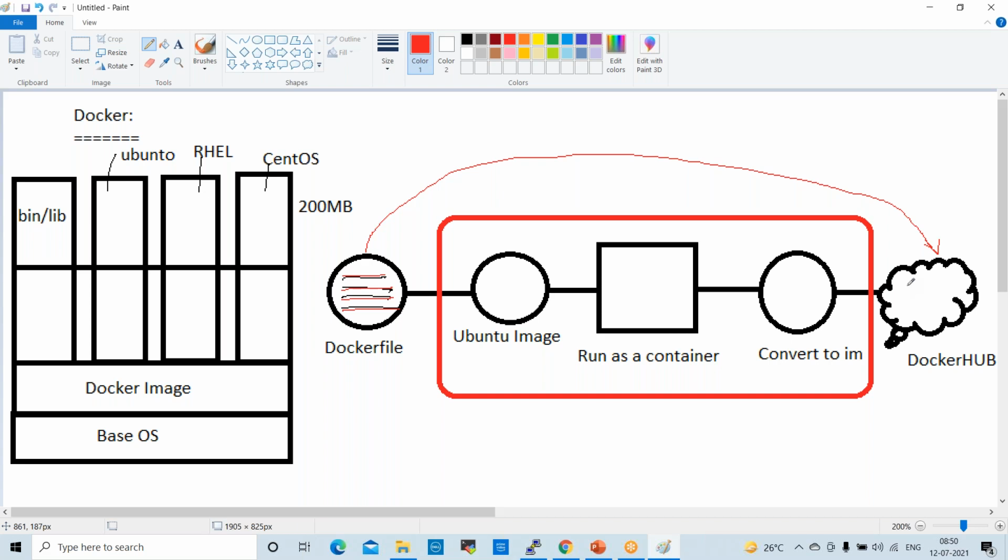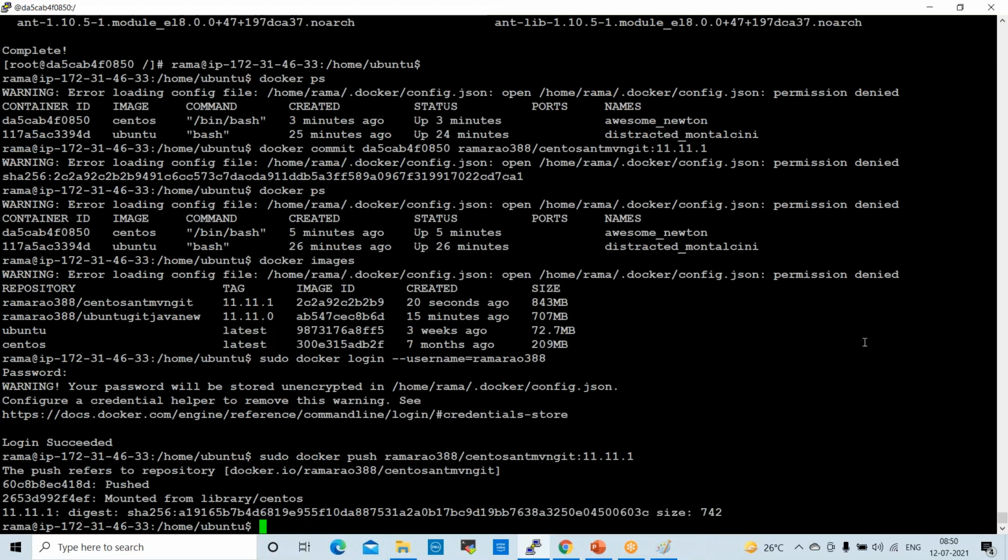Fine. Tomorrow we'll work on Dockerfile, which is very important. In interviews, the interviewer will ask you about Dockerfile only. So what is Dockerfile? What will we do with Dockerfile? Once we exit from the container, how do we enter into the container again? Same, docker run -it container ID.